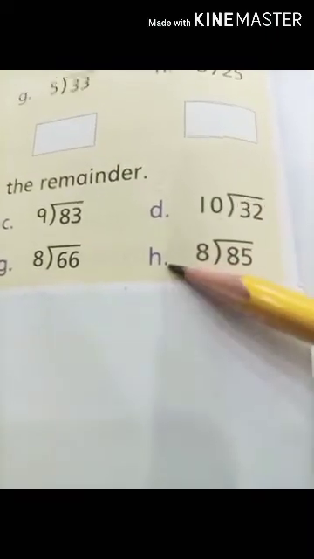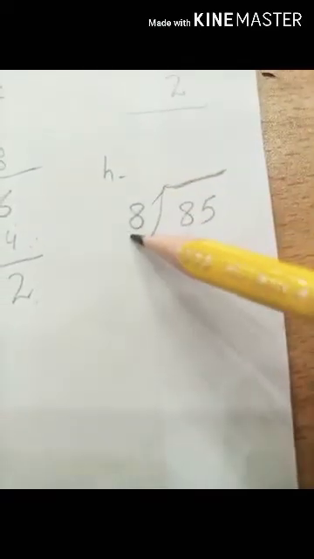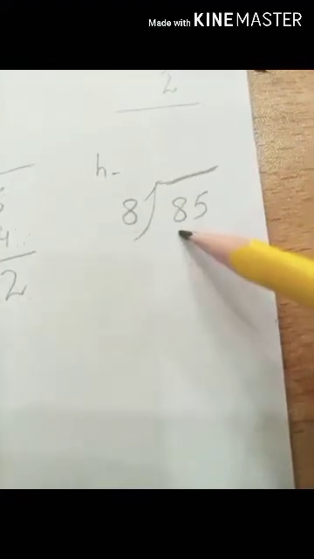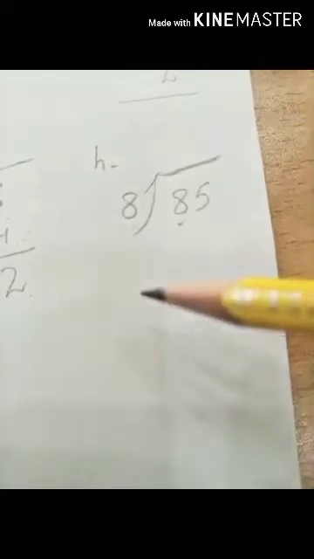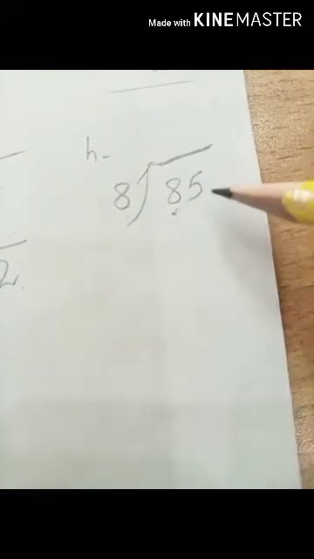Here is our part H, 85 divided by 8. Look at these students, we are going to divide our number 85 by our divisor 8. Students, have a look. Our first digit is equal to our divisor, so we can divide it first. As in the previous questions, this one was smaller, so we have taken both the digits as a pair. Now we are going to divide it first and then the second digit.